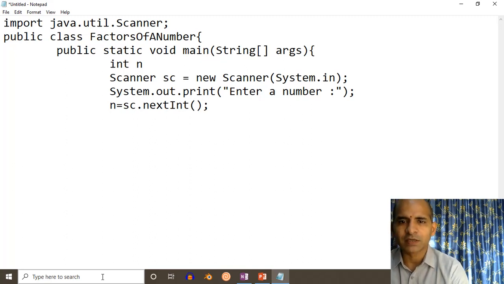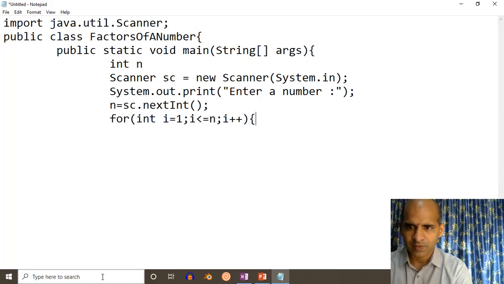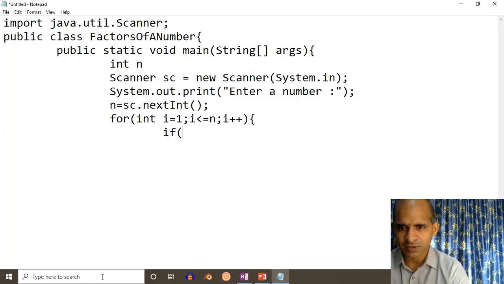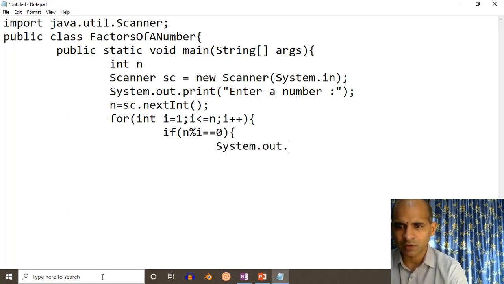Once we get the number, we apply the loop: int i equal to 1, i less than or equal to n, i plus plus. Then we check the condition: if n mod i equal to 0, then System.out.print i plus a space.